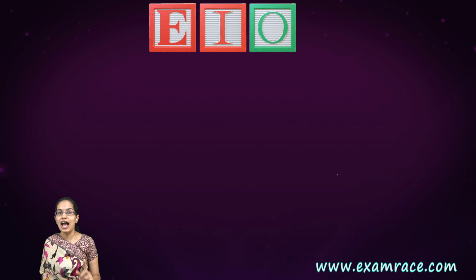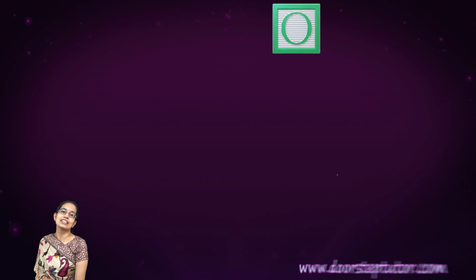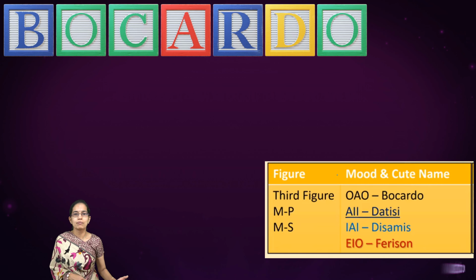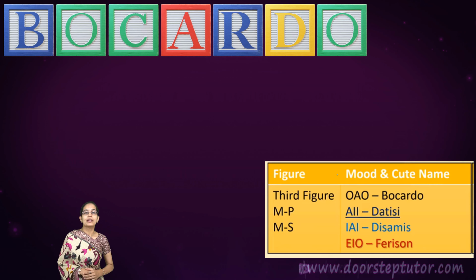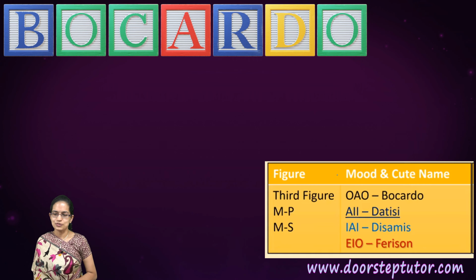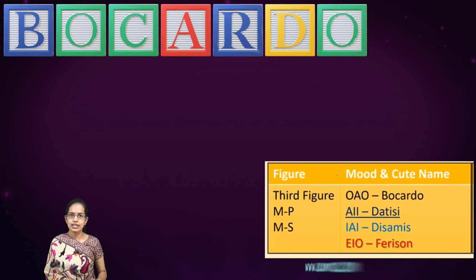So here you would have to remember all the Latin names, and we have recently seen that these names are usually asked in the paper. So if it's an objective paper, you have MCQs where you have the choices, you have match the list, then this is something you can easily do. Coming on to the third figure, we have 4 forms again, and in the fourth figure we would have 3 forms.